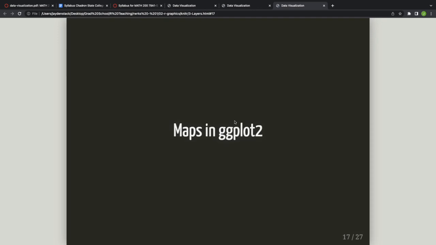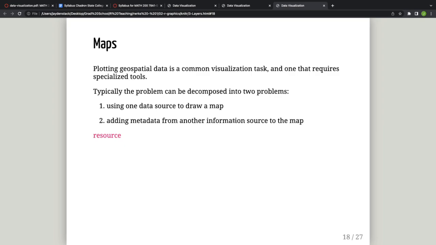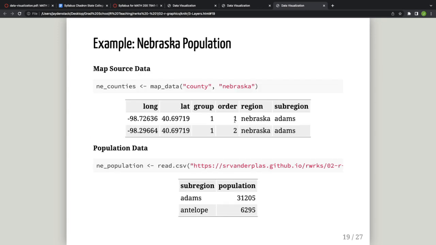Okay, maps. So ggplot has a very, very cool functionality with maps. Again, I just want to show you this. We might not do a whole lot of maps, but plotting geospatial data is a common visualization task that requires specialized tools. Typically the problem can be decomposed into two different problems: we're using one data source to draw a map and then adding the metadata from another source to that map. So let's take a look at an example with Nebraska population, where we have this map data